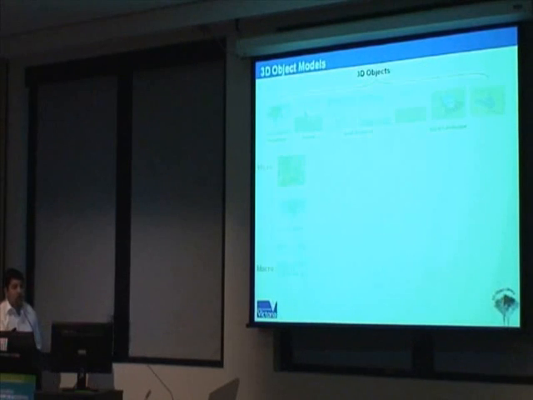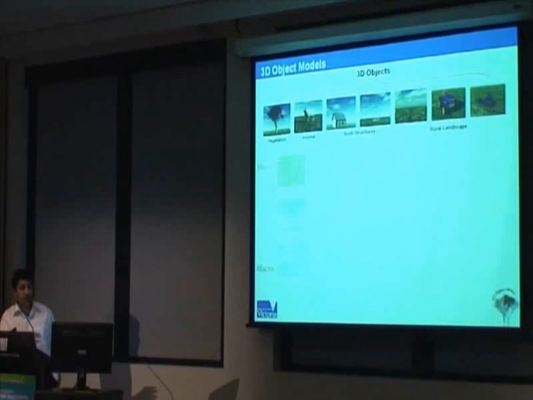So I would like to introduce you to the 3D objects. We try to categorize these 3D objects in the following groups: vegetation, animals, built structures, and rural landscape. But all these models are made of polygons, and as you see, the vegetation is almost always a very high polygon model, and you cannot have high polygonal models every time in your scene, like multiple models, otherwise it will definitely overwhelm your processing power. So we try